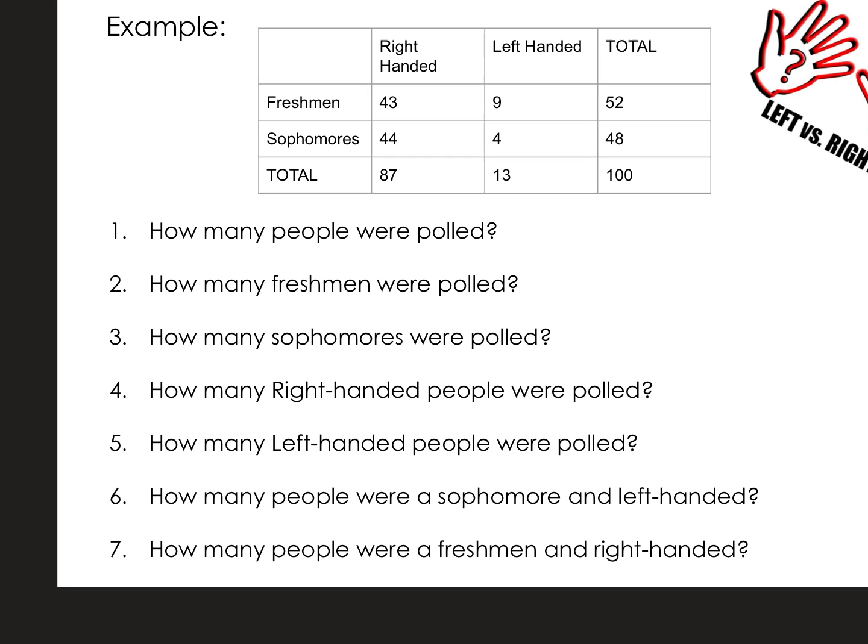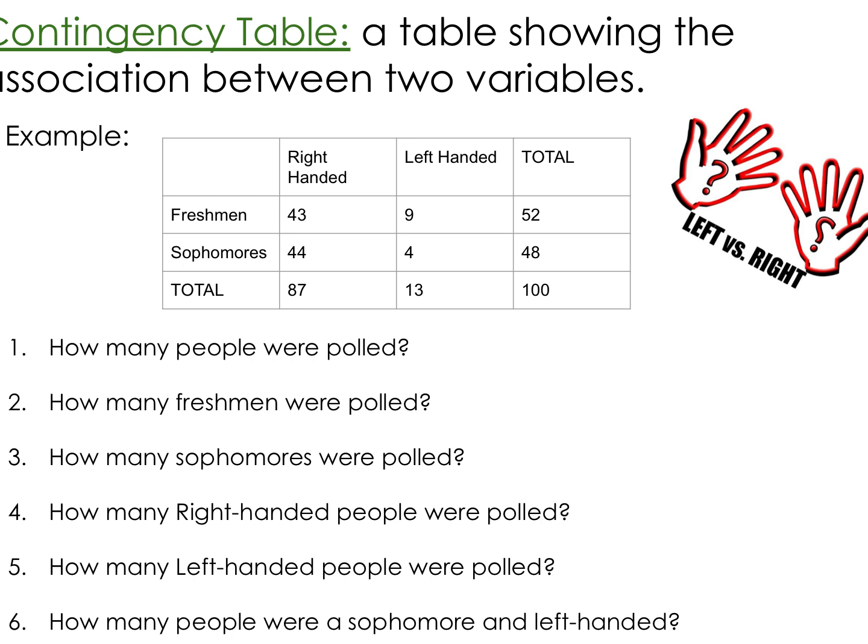All right. So let's talk about this. Let's say this is all the students that I teach. This is actually true. I actually teach around 100 kids here. This year I have a part-time schedule, so I have about 100 kids. Okay, and I could very easily believe that there's far more righties than lefties. And on the freshman sophomore thing, it really depends on the class. Sometimes I have more sophomores than freshmen. Sometimes there's more freshmen than sophomores. So I'm not too surprised. This all looks pretty accurate for me.